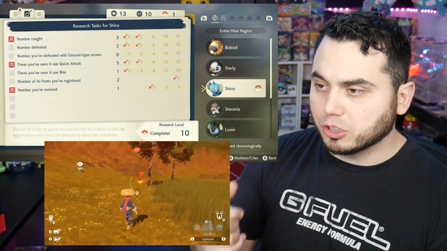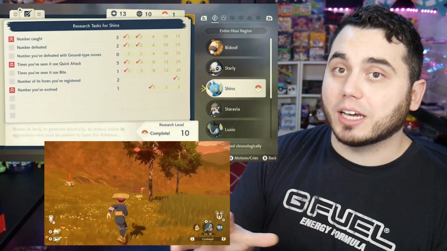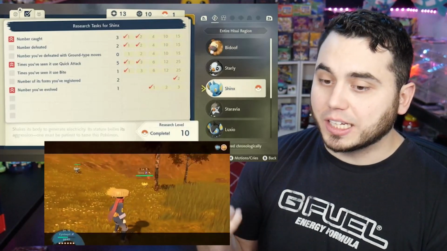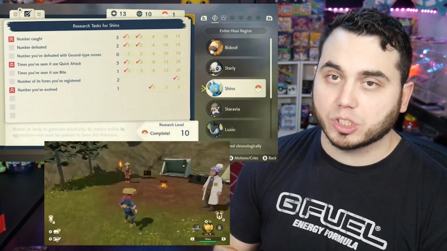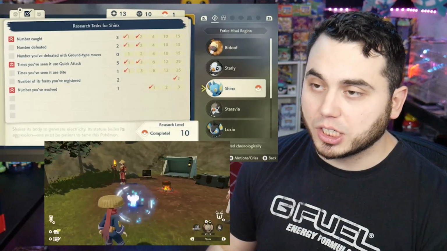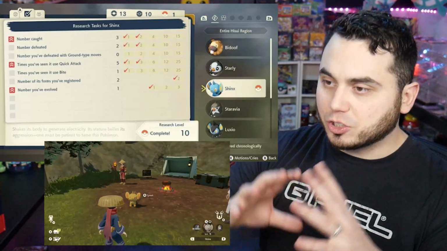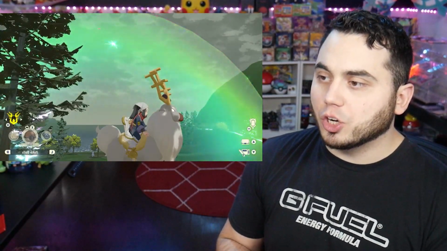So you're doing these research tasks, and I believe, again, this is not confirmed, that your shiny chance will increase the more you complete those pages. That's my theory at this point in time when it comes to shiny hunting, is that is going to be how it shakes down. Now, recently, some footage appeared on the internet about a distortion appearing, which is an overworld